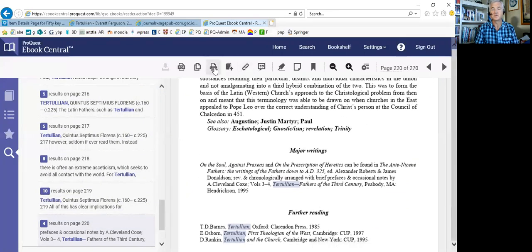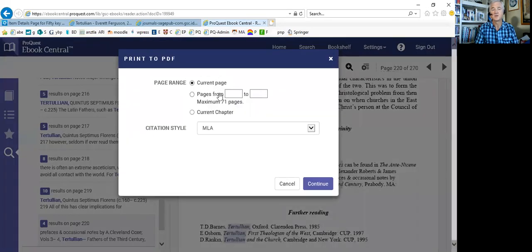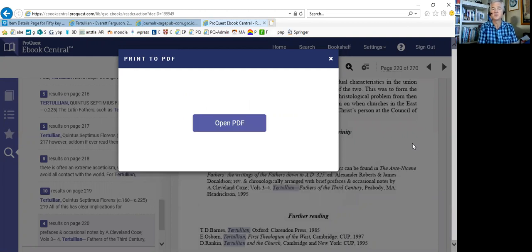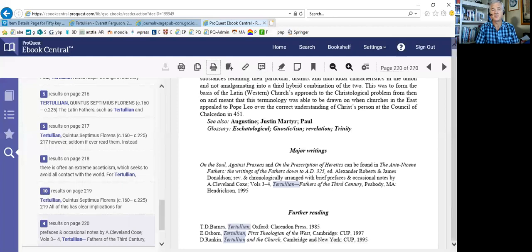So we can do a print to PDF and specify which pages we want, 216 to 220. Click on continue. It will create a PDF file. When I open that PDF file in the browser,